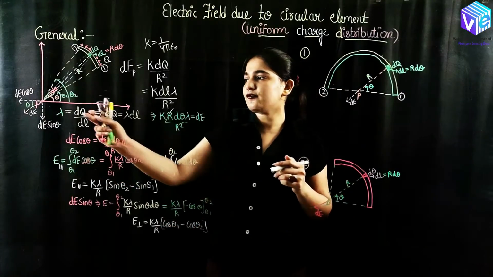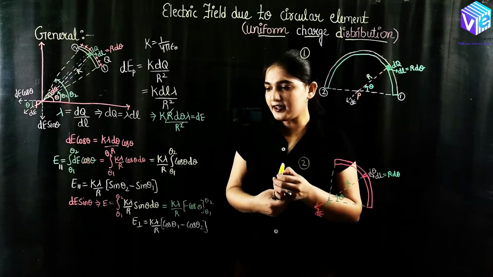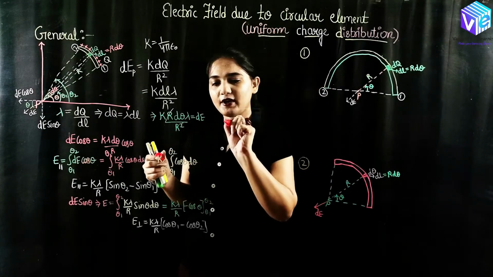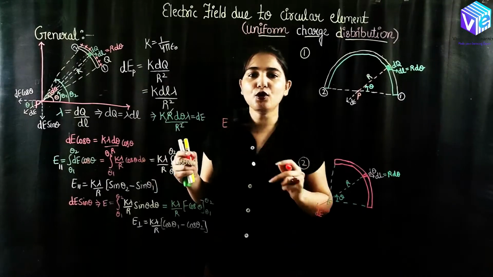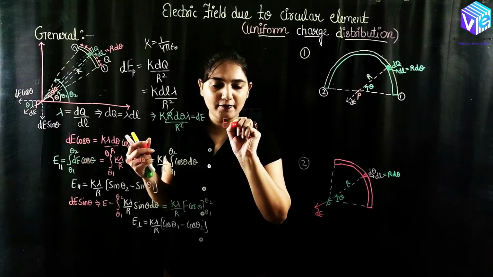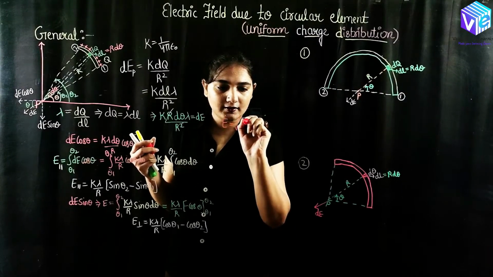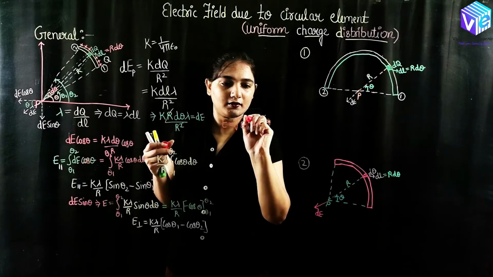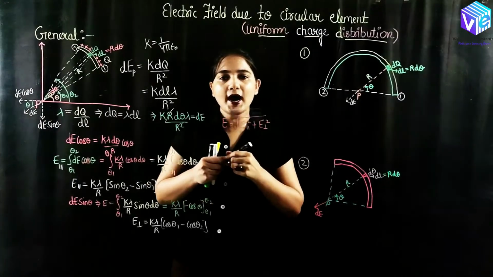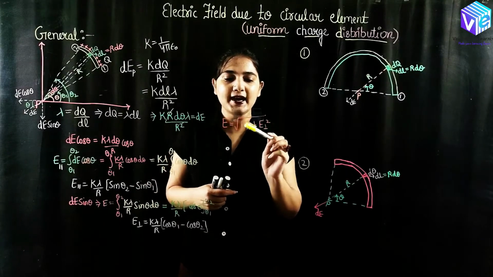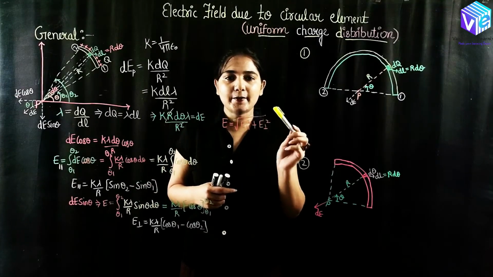Now we have to find out the total electric field. So the total electric field will be found out with the help of the vector formula. We know the electric field intensity is a vector quantity. So here I will be using the formula. Okay, so this is how I will be finding out the resultant. So E will be equal to under root E parallel square plus E perpendicular square.